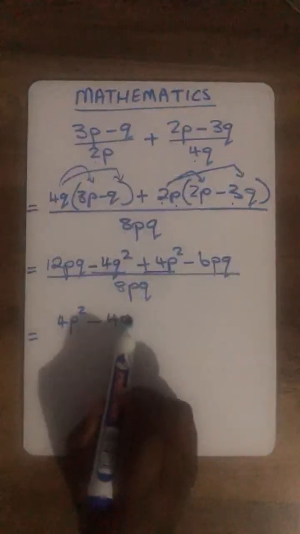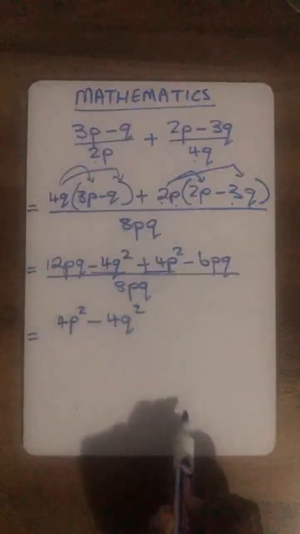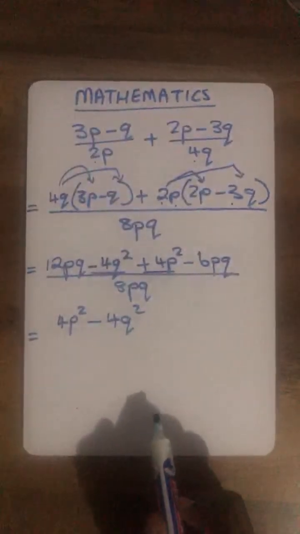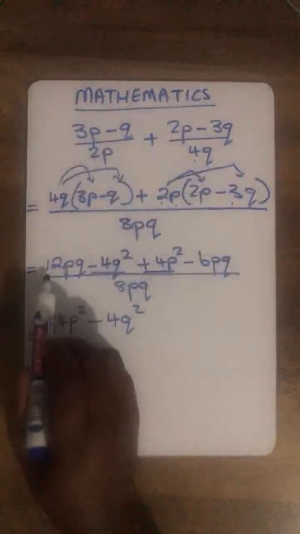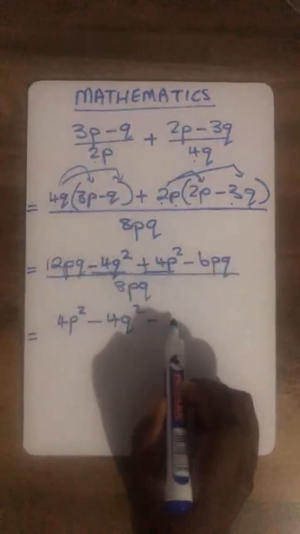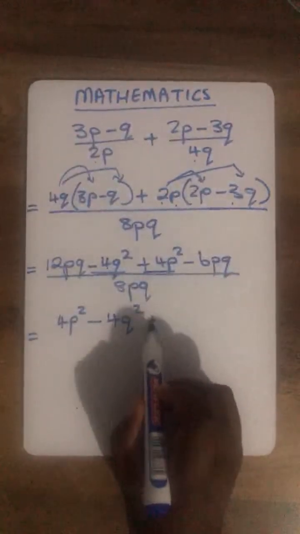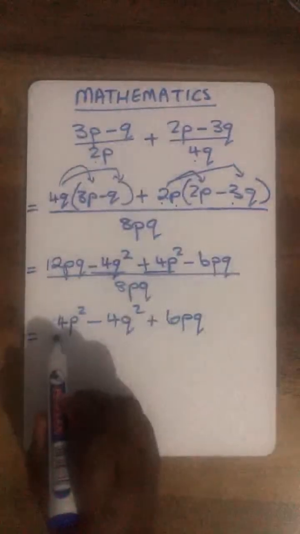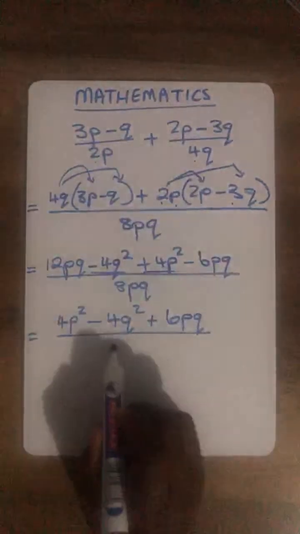This is just so that you write things in a good order where you start with a positive term. So this minus that, trust me, that is going to give you positive 6pq. The whole of that being divided by